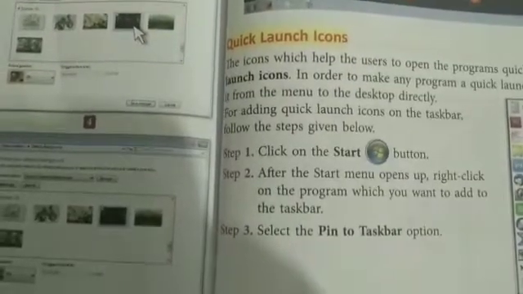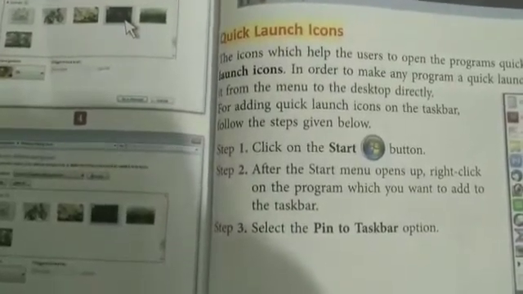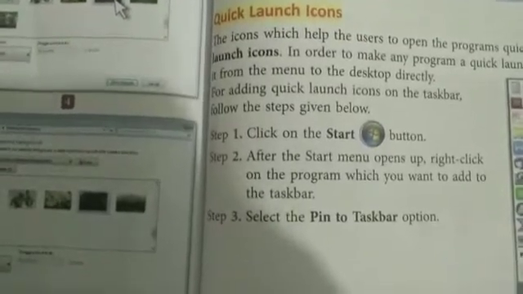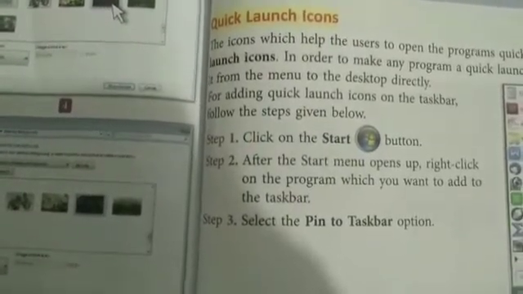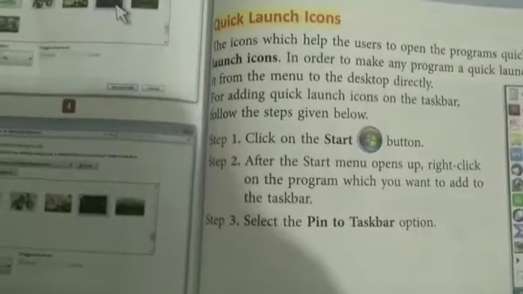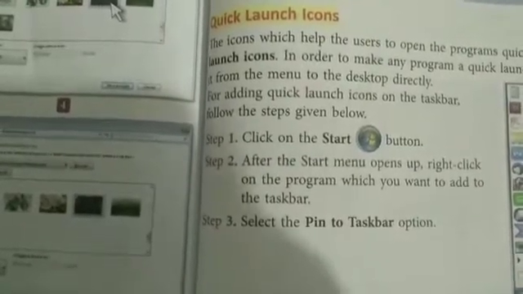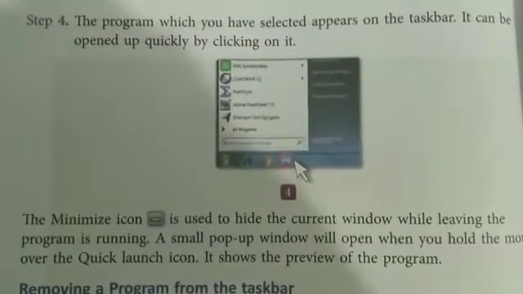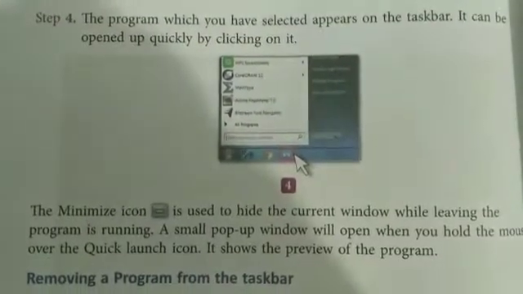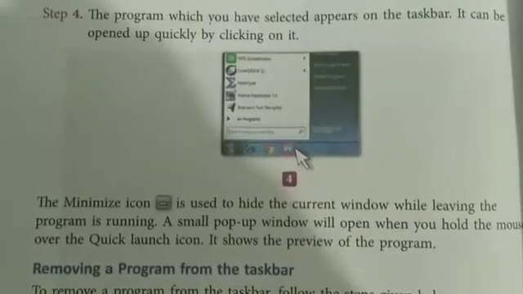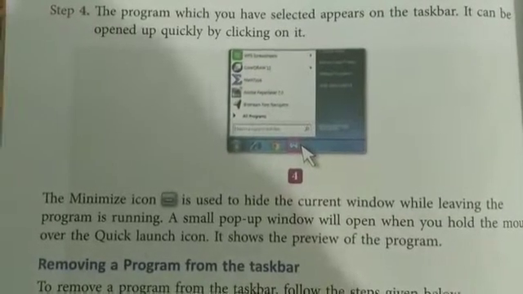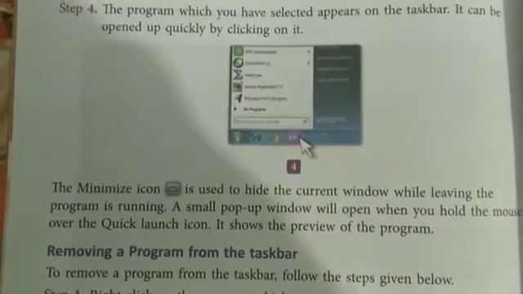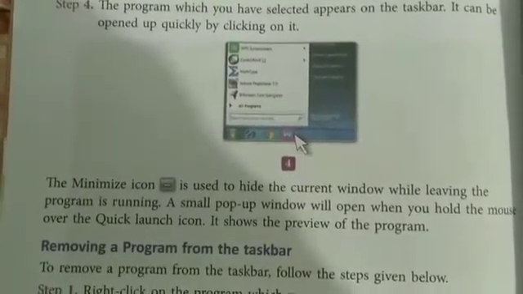Click the start button, then right click on the program which you want on your taskbar. And the third one, when the options come, which option do you have to select? Pin to taskbar option. Clear? The program which you have selected appears on the taskbar. It can be opened quickly by clicking on it. In the fourth step, you will get that program in your taskbar.